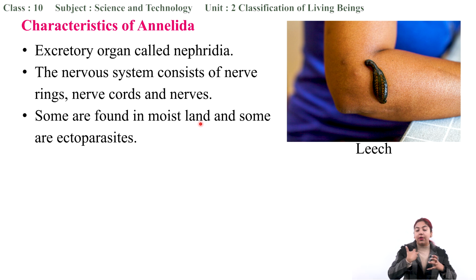It sucks in nourishment from the host body. Now, the parasite that takes nutrition from the host body from the external environment, not by getting inside the host body, not internally but externally, if they suck in nourishment from the host body, then those organisms are known as ectoparasites, like leech. So some of them live in moist land such as earthworm, and some of them are ectoparasites such as